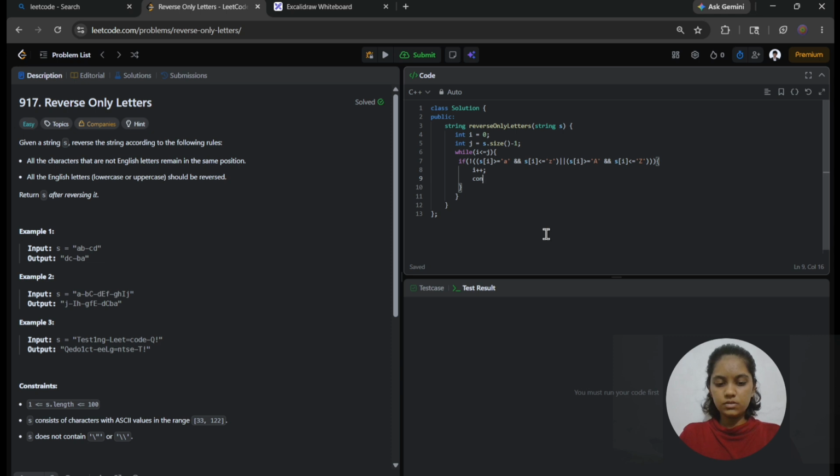Now what I have to do is increment i and continue the loop, because if I am not finding any uppercase or lowercase character, it means it is a special character or any character which is not an uppercase or lowercase letter. So here I have to increment i, and after that, in the else if condition, I am checking the same condition